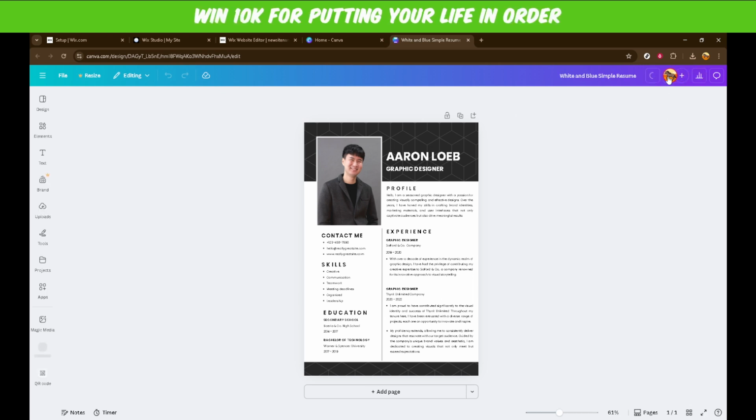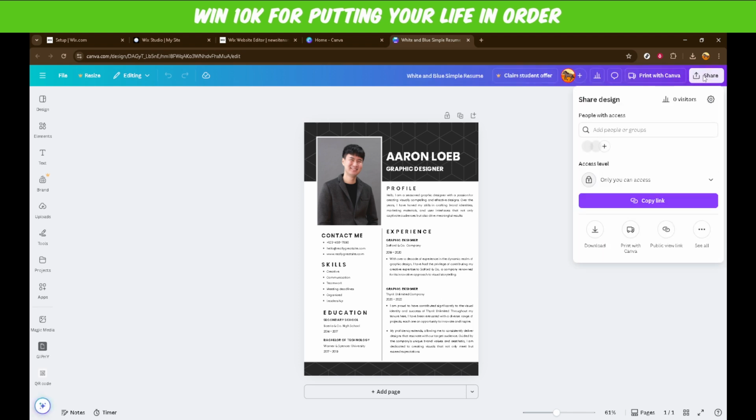to look towards the upper right corner where you'll find the Share button. Clicking on this will open up several sharing options. But don't worry, you're not going to be sharing this on social media. Instead, look for an option that reads See All, which will reveal even more ways you can use and share